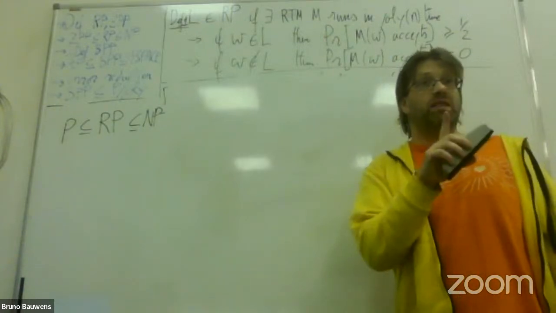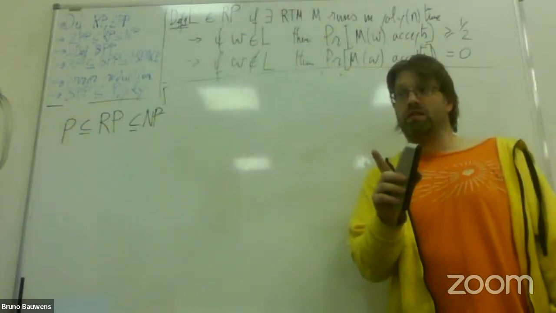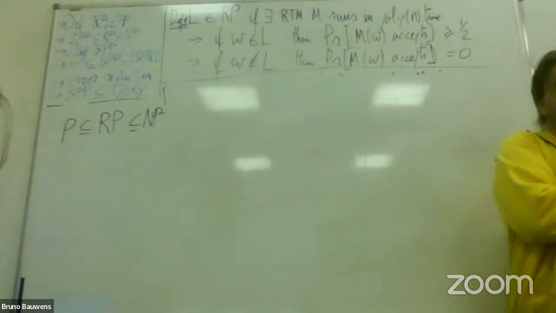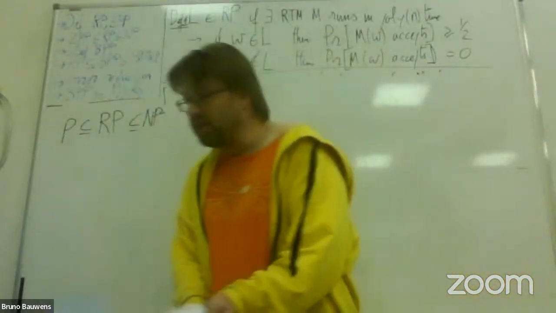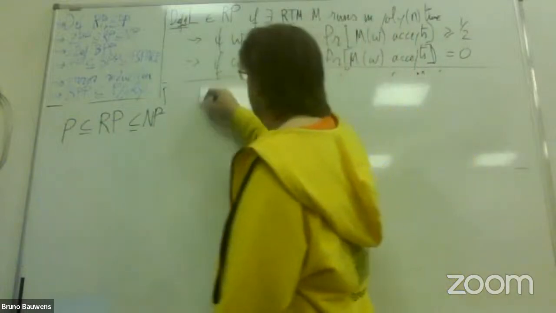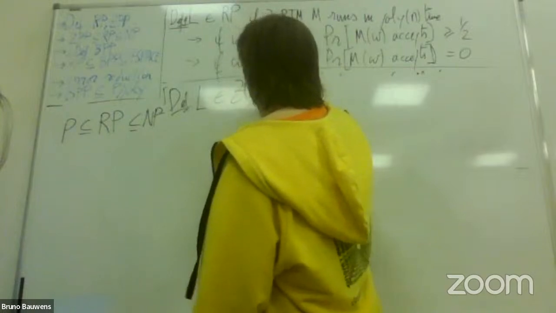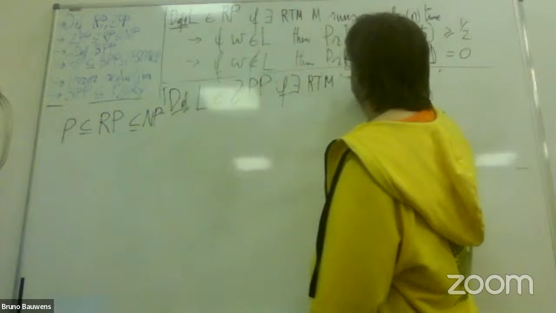The requirement is that the expected runtime is bounded by a polynomial. So with small probability it can compute very long, but when it gives an answer, it must be correct. New definition: L is in ZPP if there exists a randomized Turing machine M